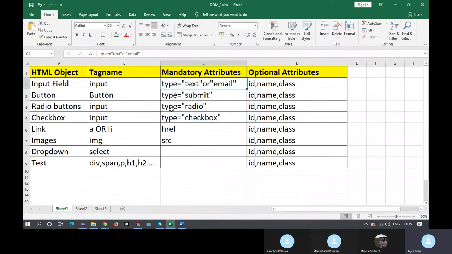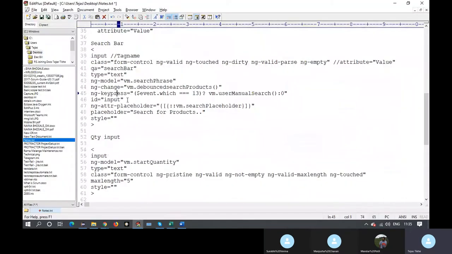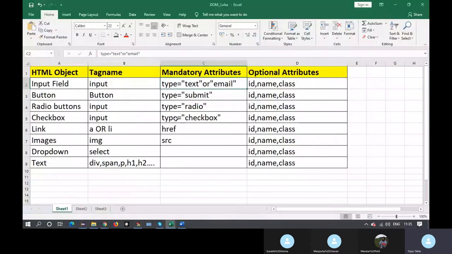Okay, so type is equal to text, we got it in both. Here we have type is equal to text, and here also type is equal to text. Now, according to Selenium, what does it search for? It searches first for the tag name, then type is equal to text. And if these two combinations are not sufficient, let's say, for example, yesterday